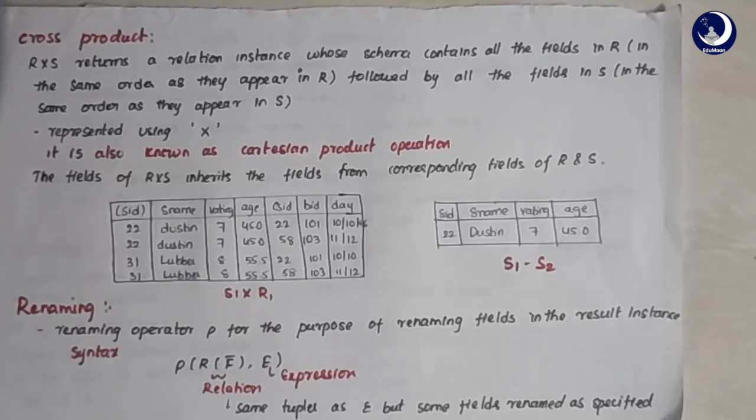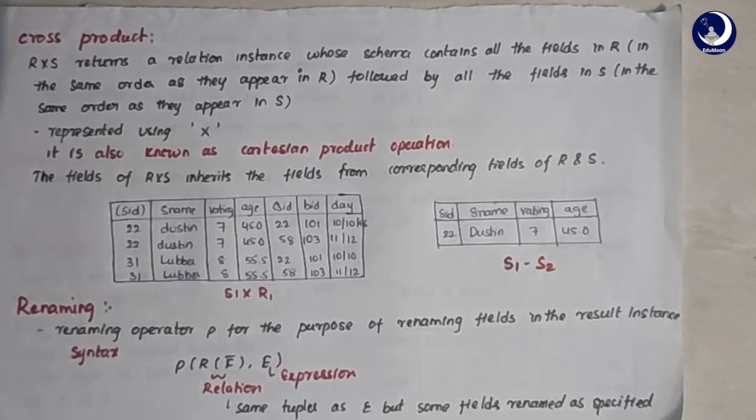So the next operator is renaming. This is the symbol that we use for rename in algebra. The sole purpose of this operator is renaming the fields in the relation instance or the resultant instance. In conditions like this, we can rename the fields of the resultant table that we have got, just to avoid the naming conflict that might arise in some conditions. It doesn't arise all the time, right?